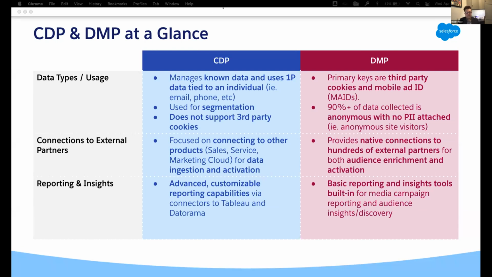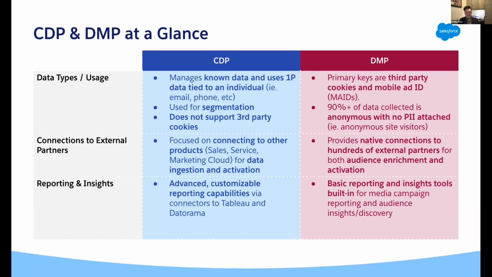As for CDP being focused on declarative IDs, the endpoints right now are pointed mainly at the internal clouds, so sales, service, marketing, etc. In addition to the native connections, the user can also send these audiences to an S3 bucket for off-platform activation. But understanding the need for more automated solution, a recent release that we should note is the App Exchange. This will allow CDP clients to send their segments off-site for different activations. Some of the partners that were just added are Hulu, Trade Desk, Yahoo, all being met with a lot of fanfare.